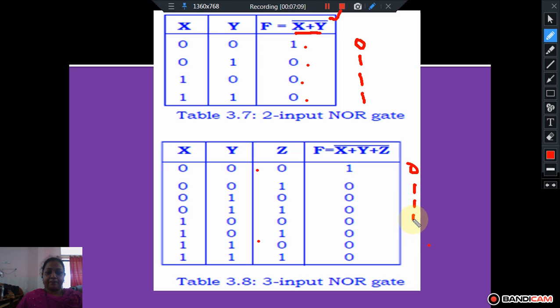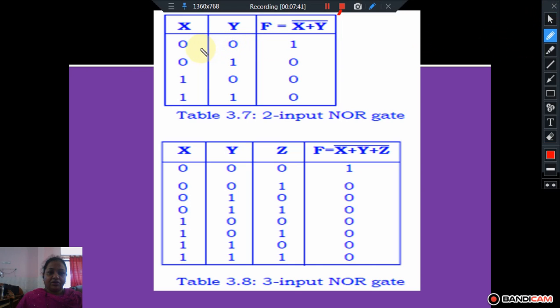The complement of that is 1, 0, 0, 0, 0, 0, 0. So this is the output of the NOR gate.